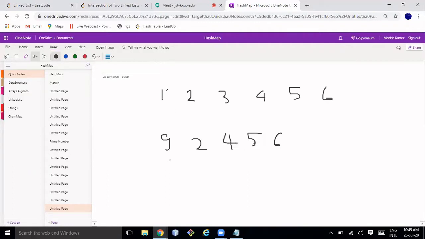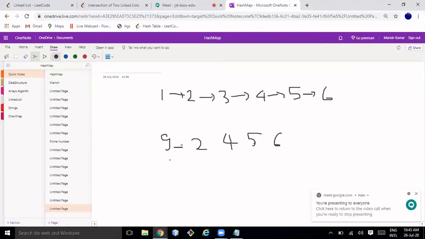So are these two linked lists intersecting or not? 5, 6, 9, 2, 4, 5, 6. If you go here, you see this 4, 5, 6 is equal to this 4, 5, 6.